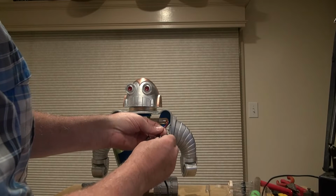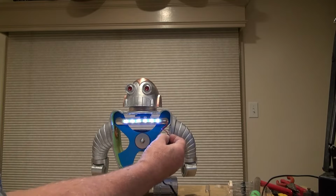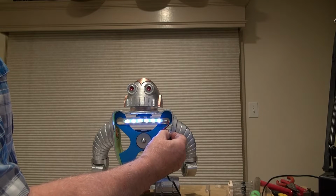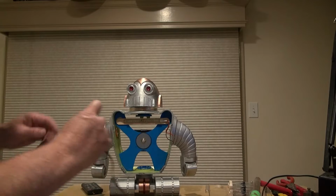Usually the center pin is the positive, so I'm just going to quickly test this and see how bright it is. So that's pretty good. I don't want it that bright, but I'm going to use a resistor to tone that down. And the way I'm going to do that